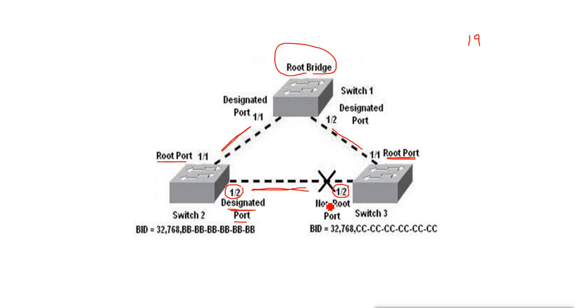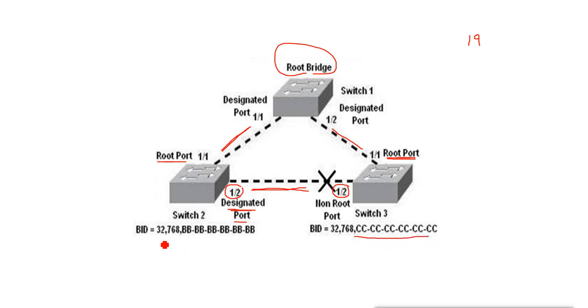So switch 2 says you block the port, and switch 3 says you block the port, because they have a direct port connected. Now they have to decide who is going to block the port. It will not block on both sides. They will block only on one side, either on the switch 3 side or on the switch 2 side. So they will say who will block. Here they will decide based on MAC address.